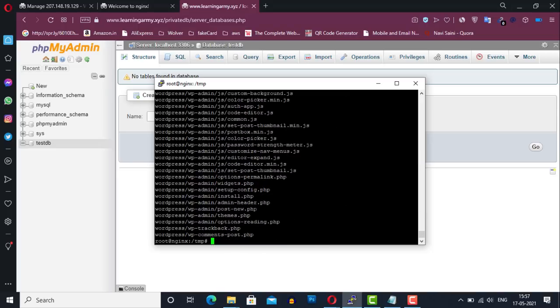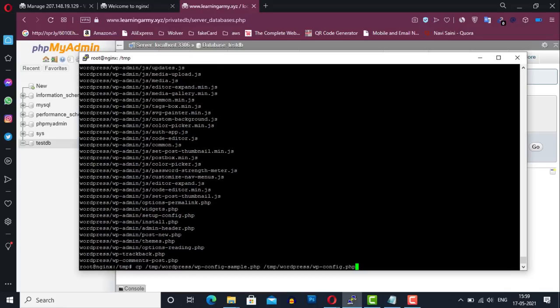Perfect. The next step is we need to copy the wp-config-sample.php file to wp-config.php, because this file will contain our MySQL database information.